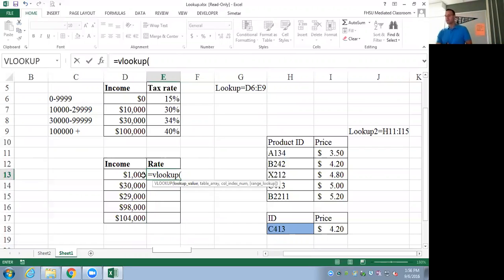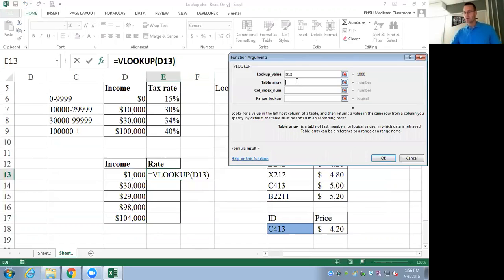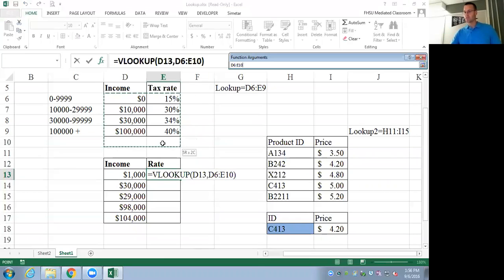Our lookup value, I didn't make it blue, we could, is going to be this D13. It's going to be the $1,000. We want to look up $1,000 in our table. Our table, this is table array. Again, you could be using this FX. Our table array is going to be our tax schedule,